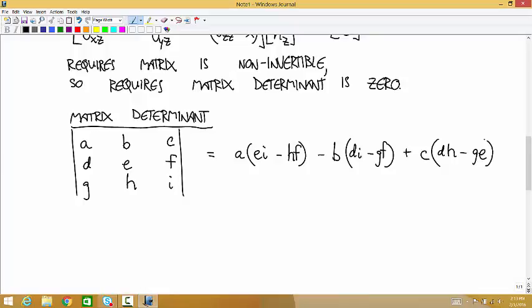Or you could also do it, so the way that I've done that is for each one of these, we start out with one that's multiplied by A. So cross out the column and the row that A is a part of, and then take this minus this to multiply it by. And when you do the one in the middle, you have to have a negative sign because it always has to be difficult.